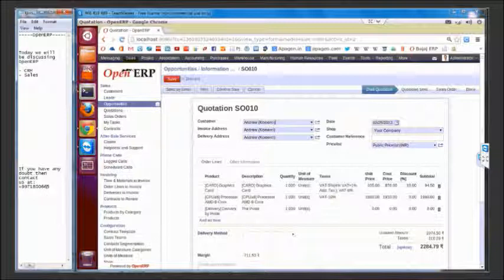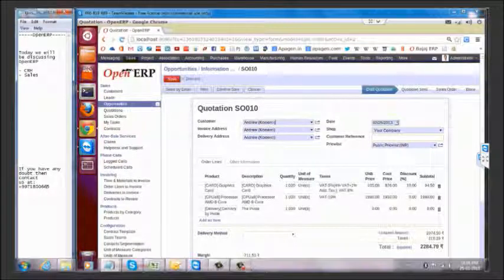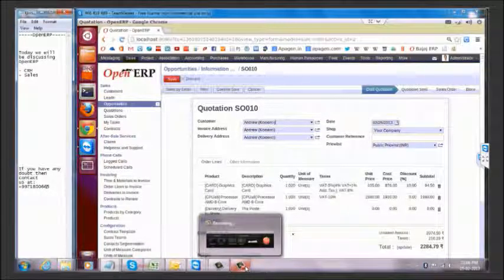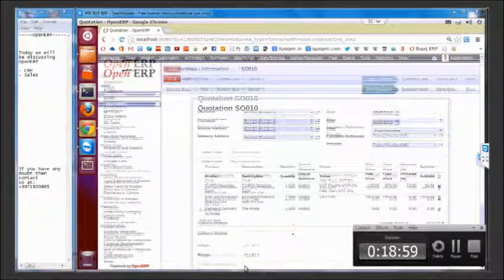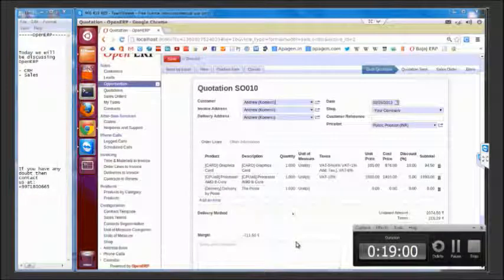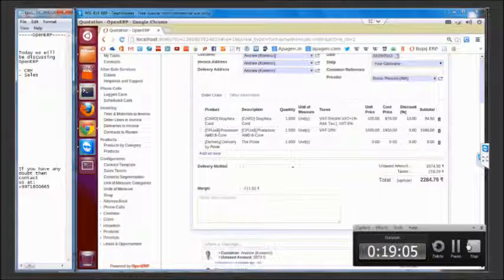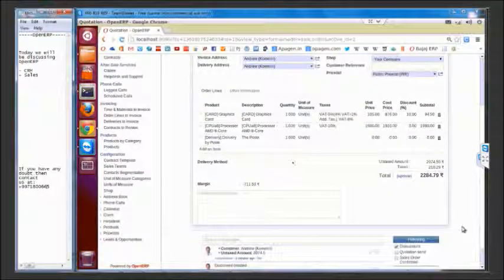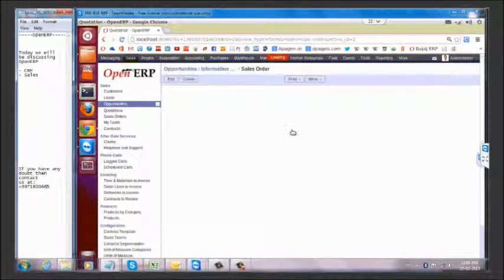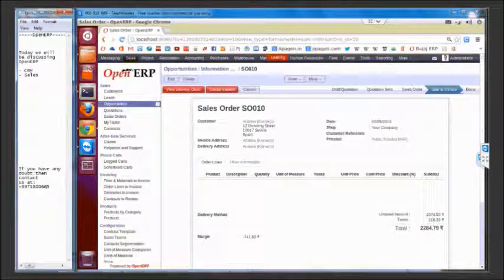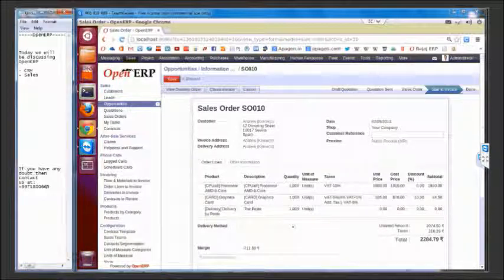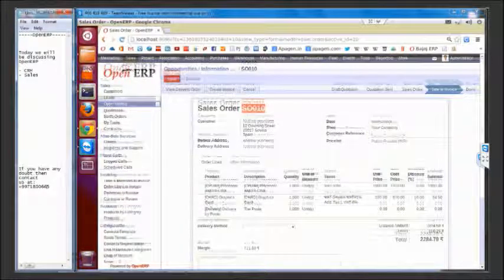Now, once this quotation is approved by the customer, we can confirm this sale. Of course, there is a possibility to discard this or keep it on record just like that. Let's confirm the sale. Once the sale is confirmed, the quotation is converted into a sales order.